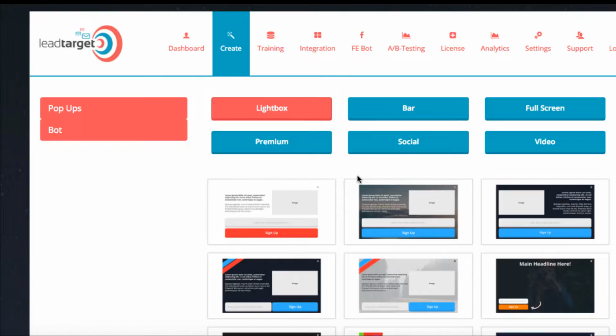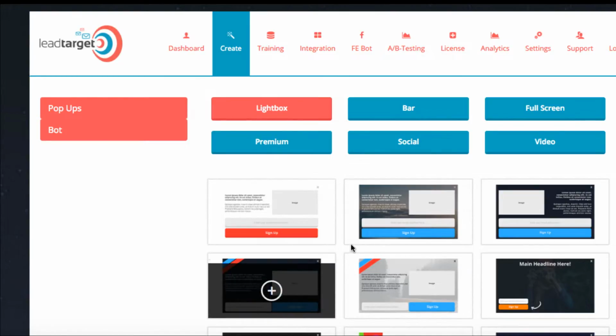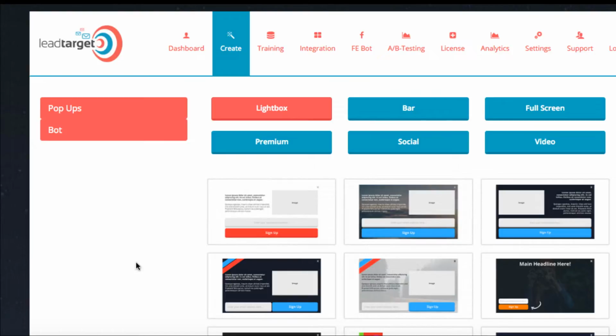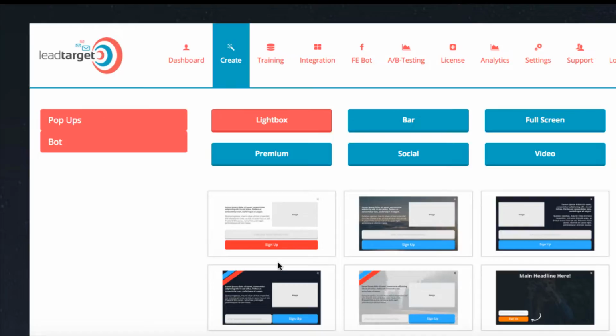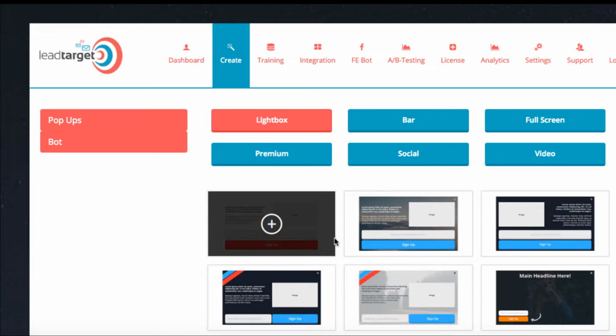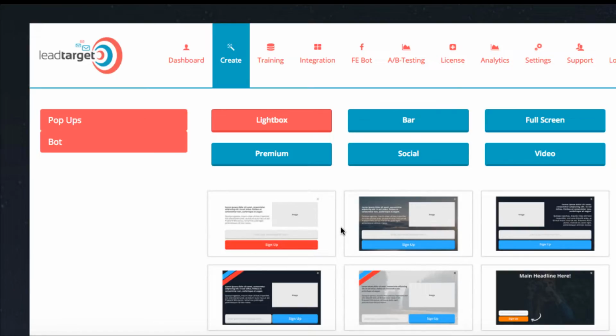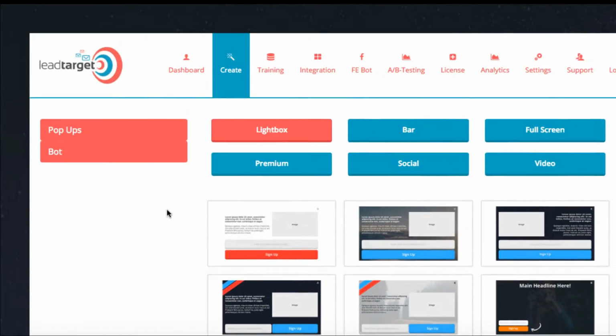And what I mean by this is, instead of just a regular pop-up form that displays over your blog when someone lands on your site, the pop-up form can change per page that you have, and will bring up information based on what the user actually searched for or what the page is about. So you can create one pop-up form that will change dynamically throughout your site based on the specific keywords